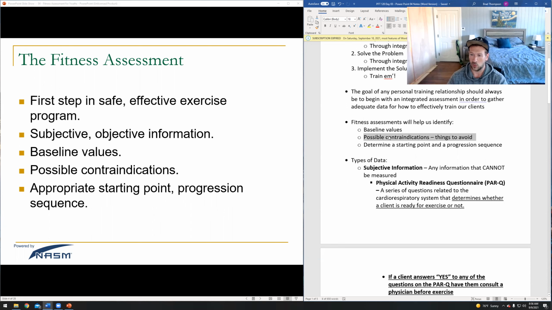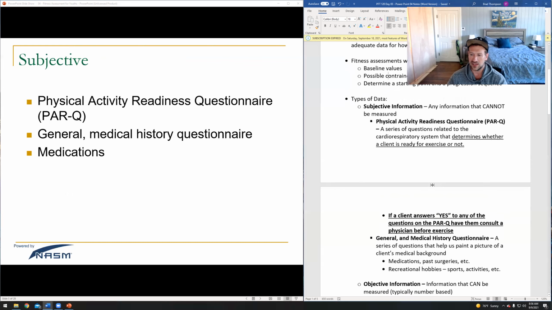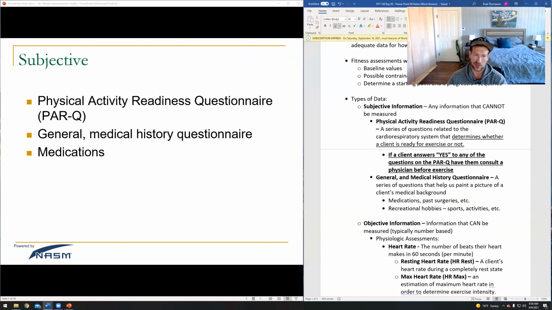It should be avoided for that client. And then it also determines a starting point in progression. I'm going to determine where my client is and where they're starting so that I know where to progress towards. So when it comes to fitness assessments, you are always, always, always going to want to